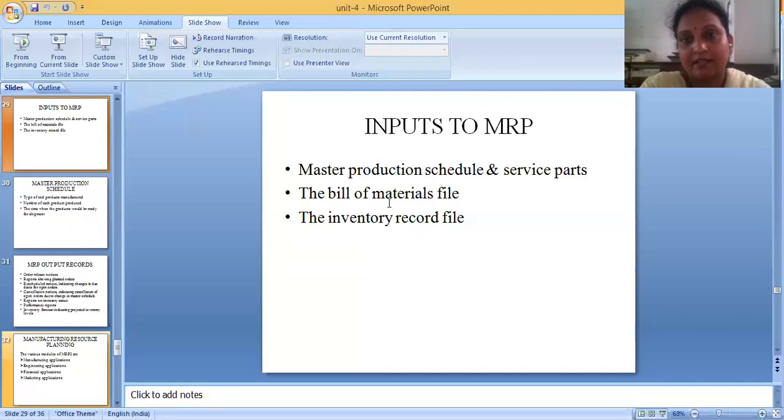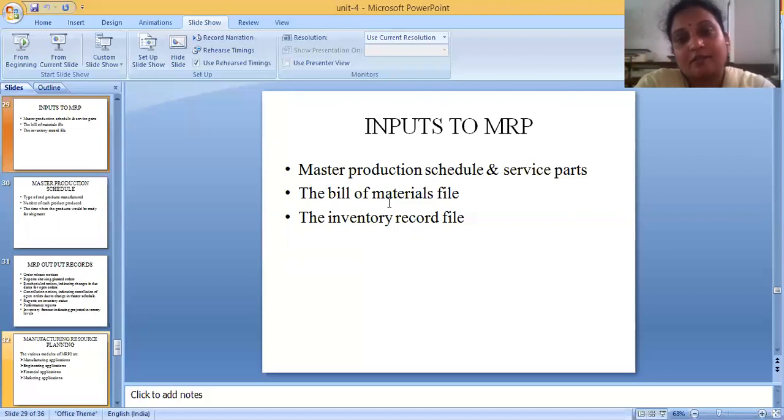Bill of materials is, say for example, if you have some assembly. In this assembly, I assume you have some component at the top and some component at the bottom. Now you want to make an assembly of these two components. In order to do that, we use some nuts and bolts. So how many nuts you need, how many bolts you need, how many top components and how many bottom components. You'll have a list of components that you require. That is called a bill of material. A bill of material is a list where you have the name and the quantity of that particular component.